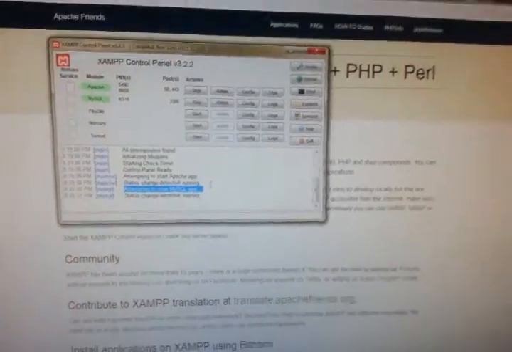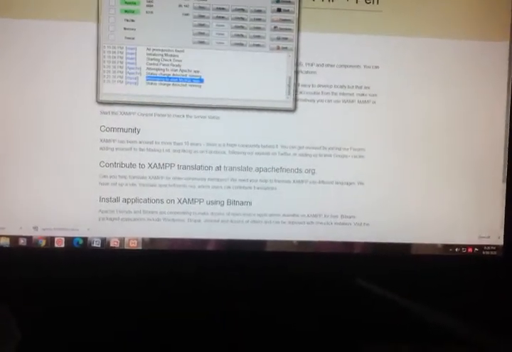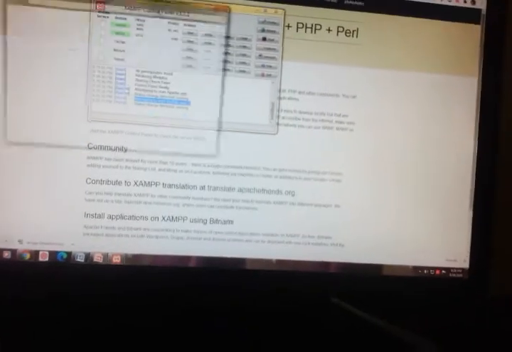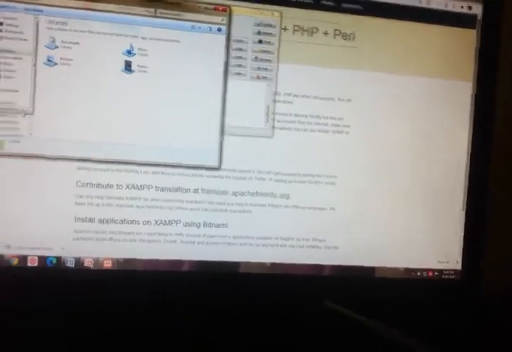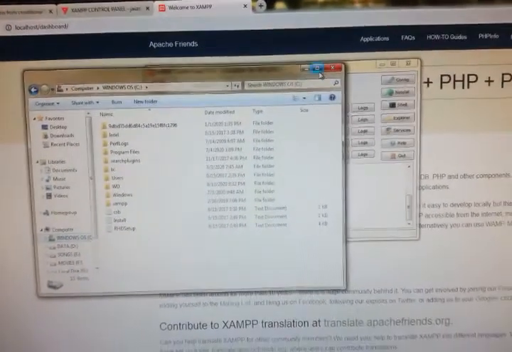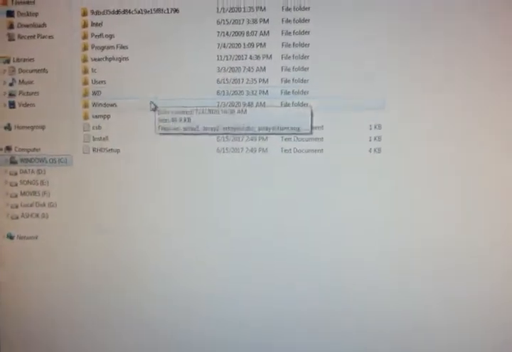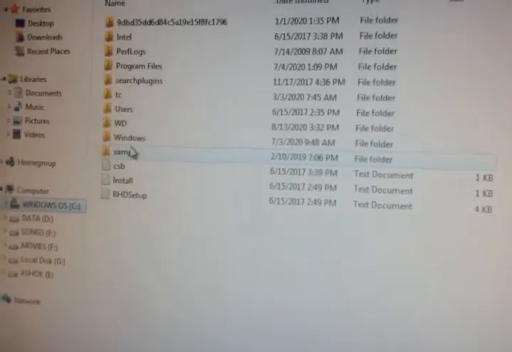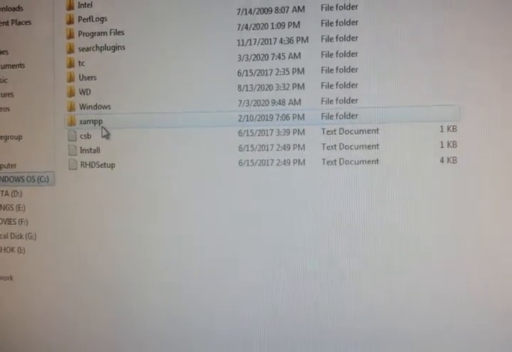Now I will show you where actually this XAMPP has been installed. So what you have to do is go to My Computer or My PC, C drive. In C drive you will see a folder called XAMPP.